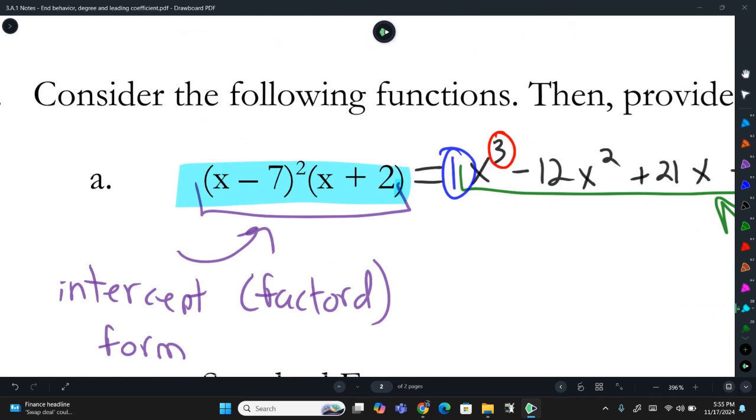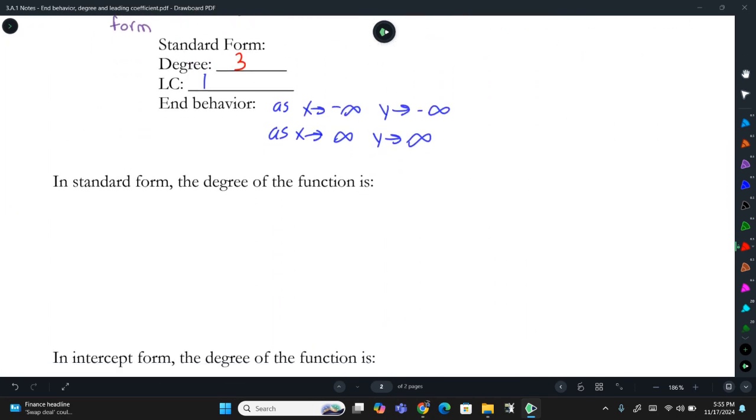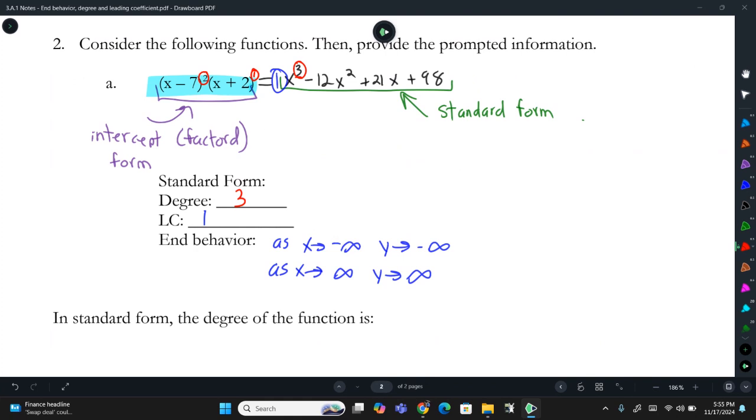If you don't have an exponent, there's an invisible 1 written there. So what we could do as a shortcut is 2 plus 1 is 3. It's going to be pretty confusing, so you really need to pay attention and focus